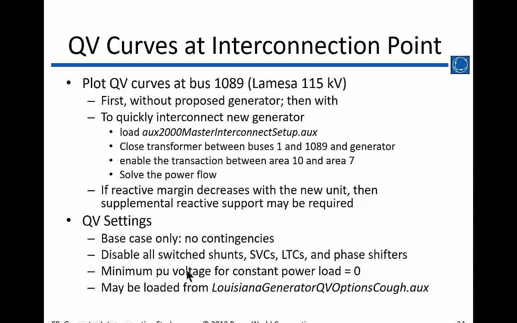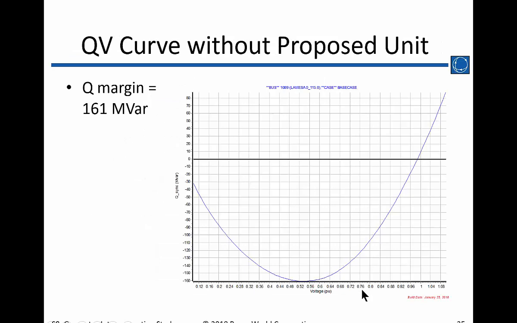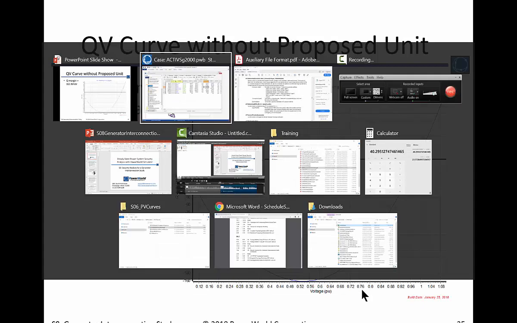And then we'll also want to set our minimum per unit voltage for constant power loads to be 0 so that the loads can be fully stressed and that they won't be curtailed as the terminal voltage drops. For constant power loads, you would expect them to be constant even as the terminal voltage changes. So we can load these options from, actually this is an old auxiliary file, but let's go to